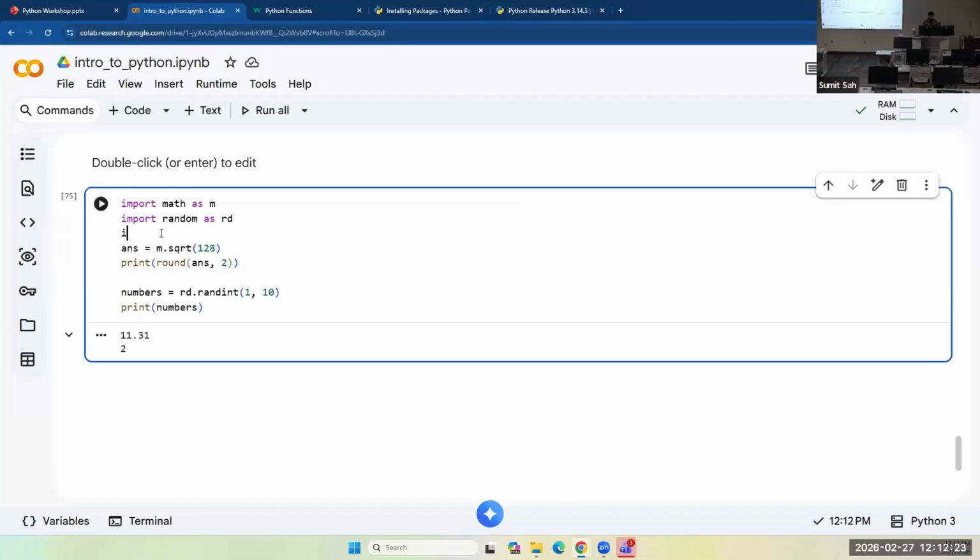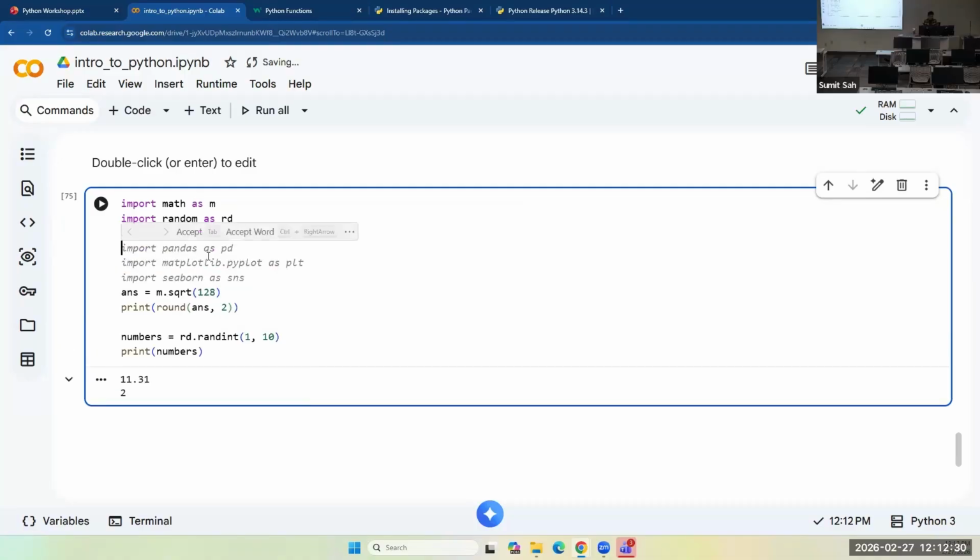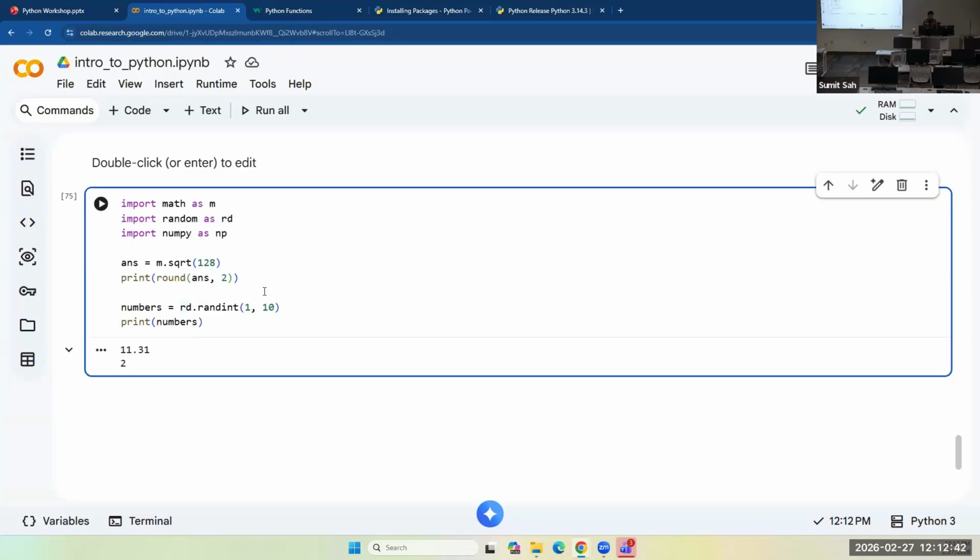And there is another popular library, NumPy, imported as np. There are also pandas, matplotlib, and other libraries. So this is how you import libraries. Since I'm not getting any error here: if you were working locally and did not have these packages installed, you would get an error. Because we are working in the cloud, in Google Colab, they have everything installed already, so we are not getting any errors.